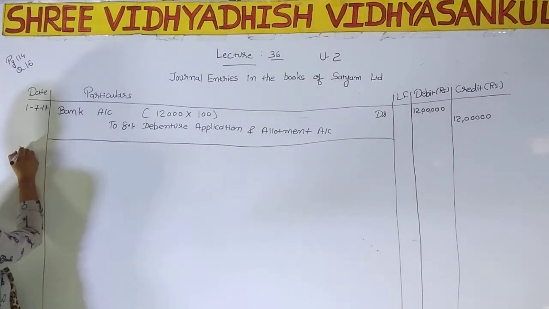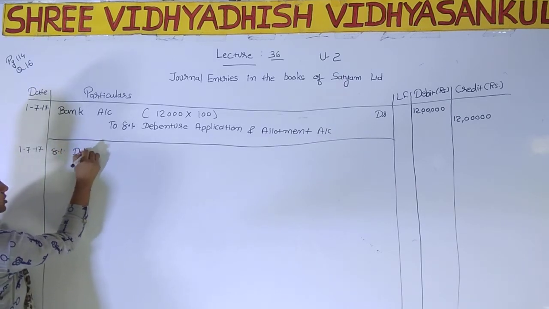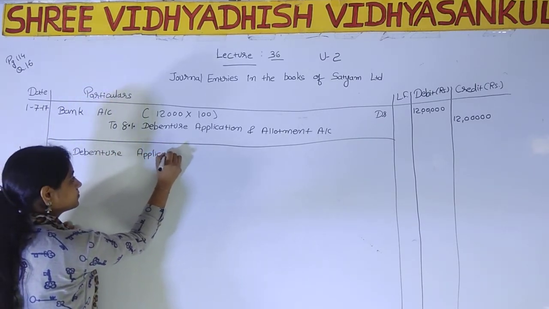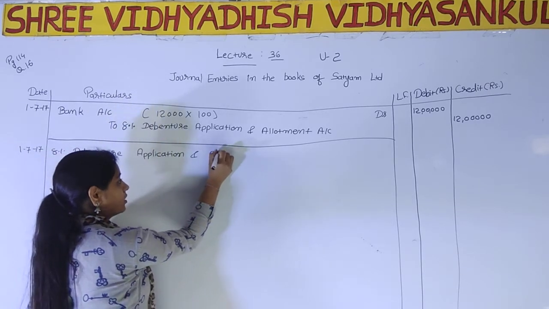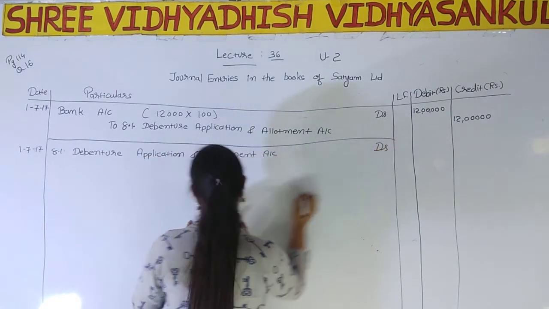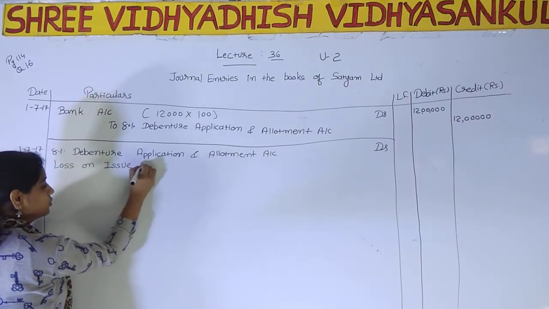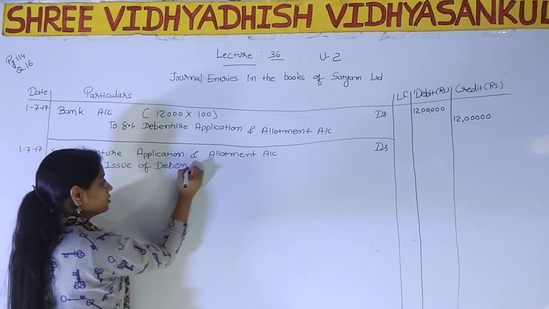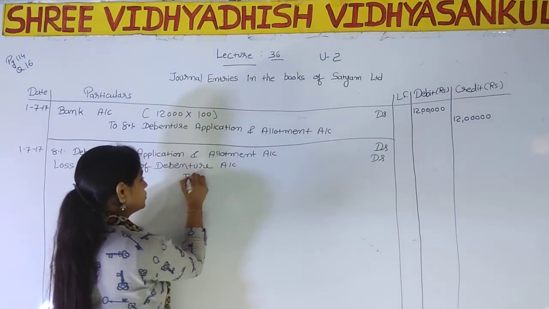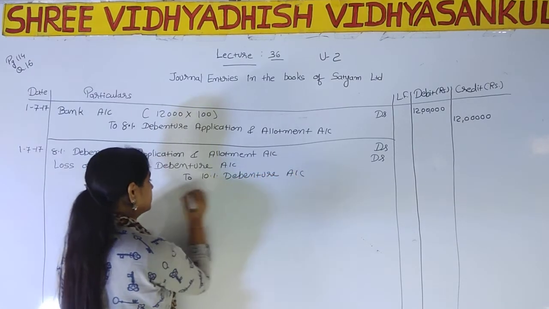So we have to write the entry for that too, right? 8% debenture application and allotment account debit, then loss on issue of debenture account debit to 8% debenture account, and we have to return this debenture with premium, so we have to credit